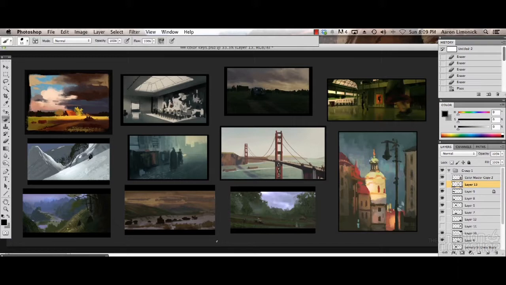I'm not going to spend 25 minutes. I wish I could do it that fast, but doing something out of your head is a little bit different. It's not just mimicking something that you're looking at. It's inventing some color. So based on the value study that I just did, I'm going to do a color key